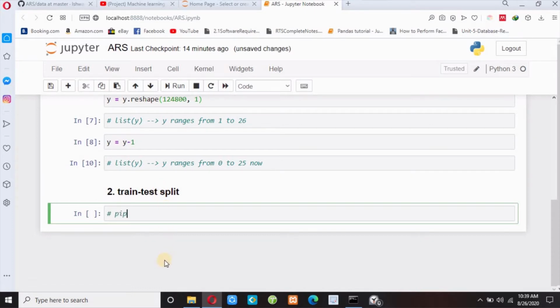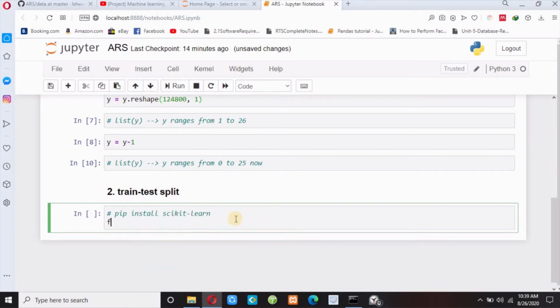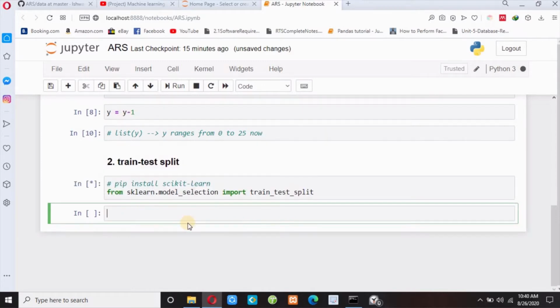So you can write the command pip install scikit-learn, and then to import from sklearn.model_selection, I need to import train_test_split. And let me execute this cell also.